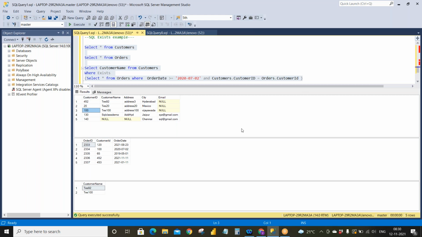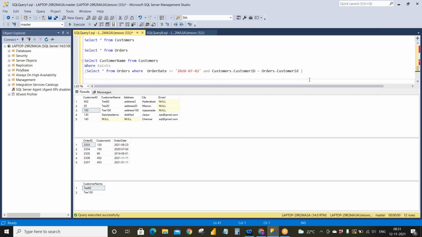And after getting the data, you need to check in this way whether your data is correct or not, whether you need to tweak your query or make any modifications in order to get the correct result. Okay, so this is about the exist. Exist will retrieve the data if your subquery is true, then it will retrieve the data from the main select query. So this is what exist is, and similarly we have not exist.